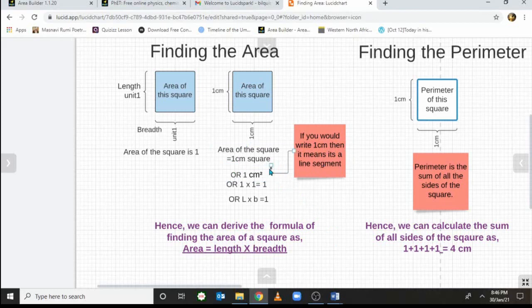So just go back and think, if we write 1 centimeter, we write 1 centimeter for the measurement of line segment. But this is not a line segment that we are calculating. We are finding the area. So that's why we have written square in the unit of measurement. And the mathematicians have made our task easier, and they have taught us to write a small 2 at the top of this centimeters. Just look at here, the way I have written.